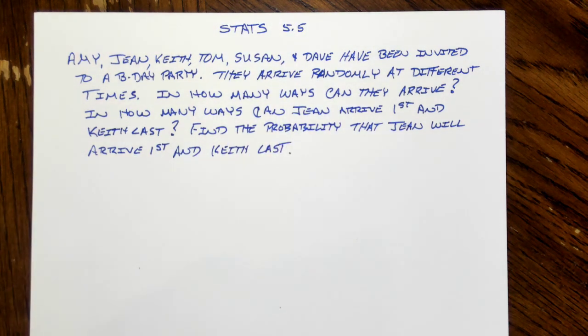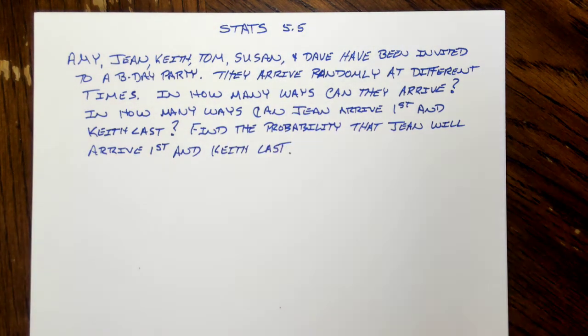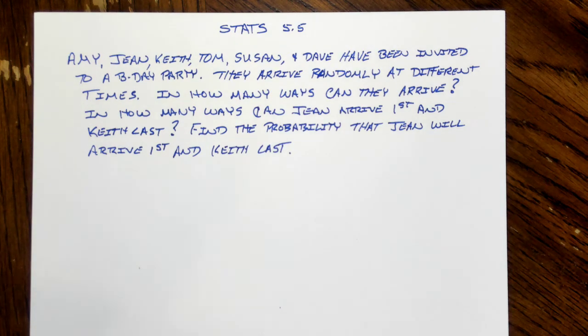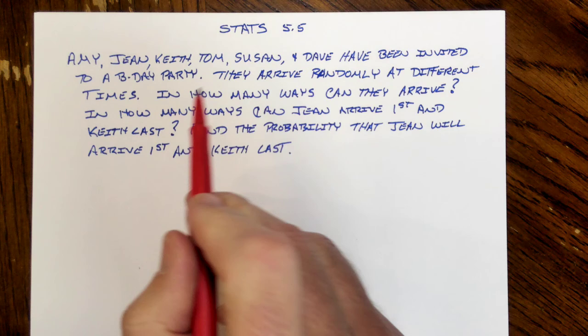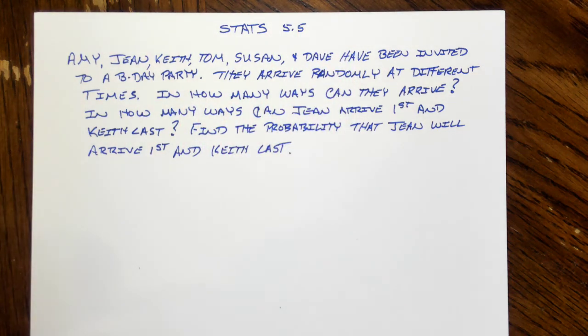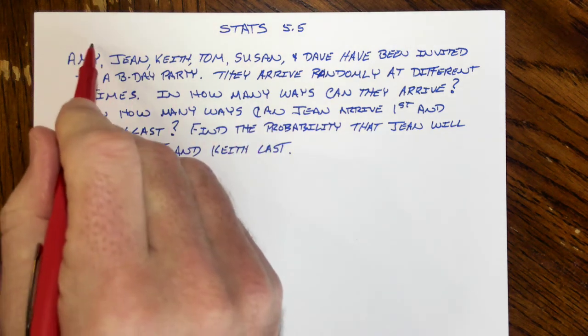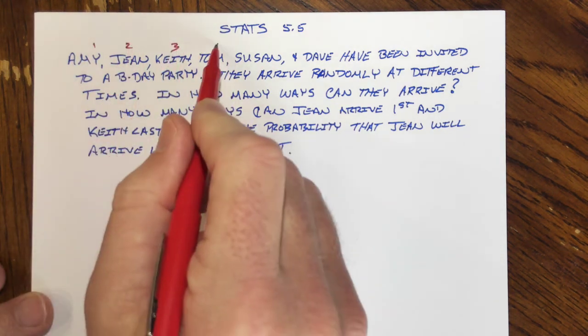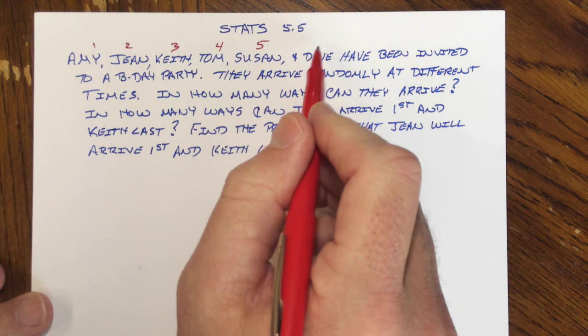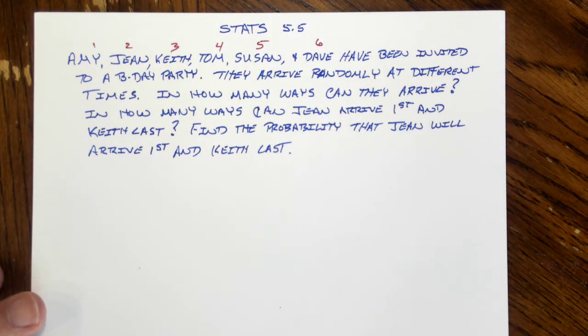Okay, so let's break it down piece by piece, part by part. Let's deal with step number one. It says, or question number one, I guess: in how many ways can they arrive? All right, well, how many people do we got? 1, 2, 3, 4, 5, 6. Okay, so since we have 6 people arriving,